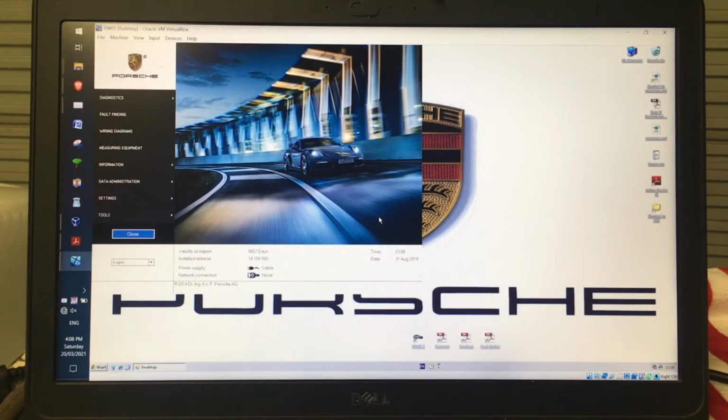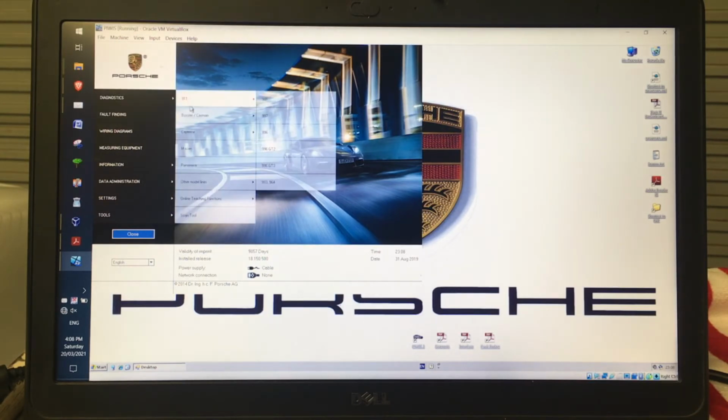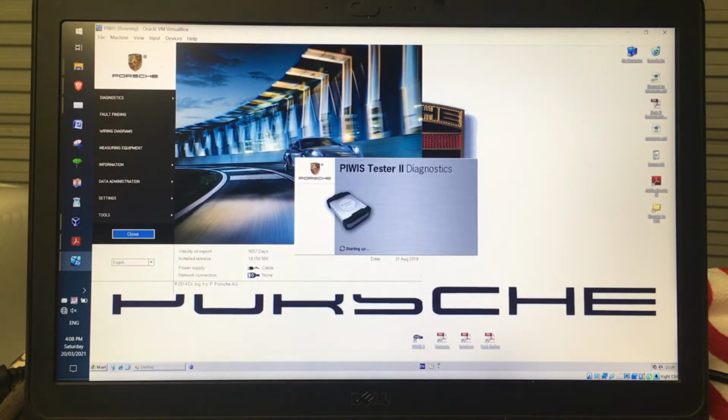And now I'm going to go into the diagnostics. So I'm going to go up here to diagnostics. For me, it's a 981. I'm across here to 981 and click on that. Now when that's opening, if you look at your interface,